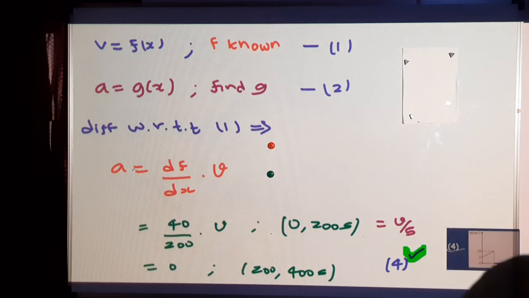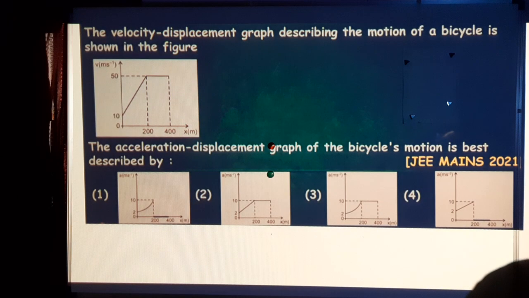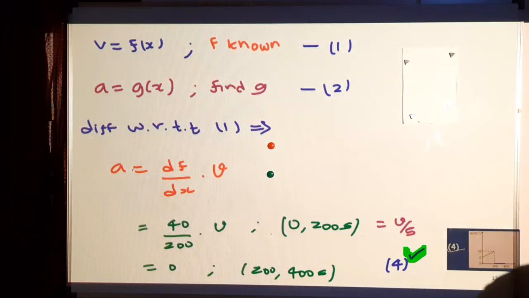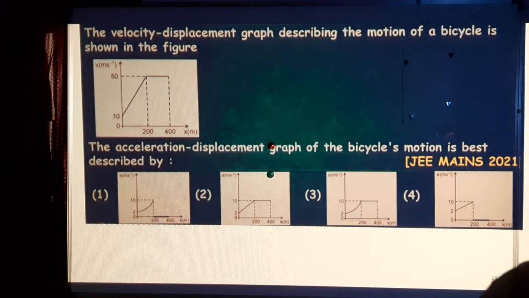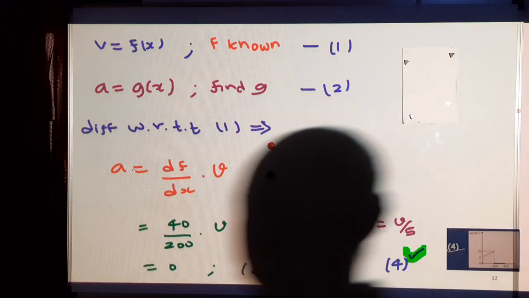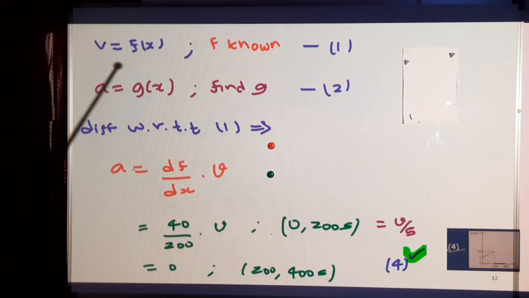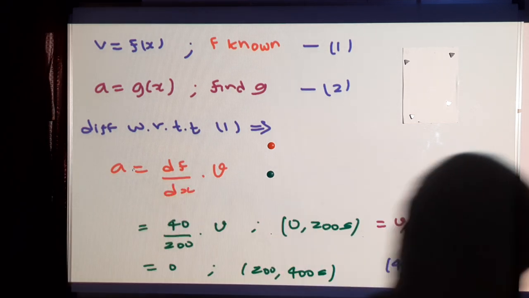Velocity as a function of x is given. From this I have to find acceleration as a function of x, among the 4 options, a versus x. To get the acceleration, differentiate this with respect to time. It doesn't give me a directly. To differentiate with respect to time, I'll differentiate with respect to x, and then dx by dt, the chain rule. And df by dx is the slope of the curve f versus x, which is the slope of this v versus x curve. So in the first part, it is 40 by 200,